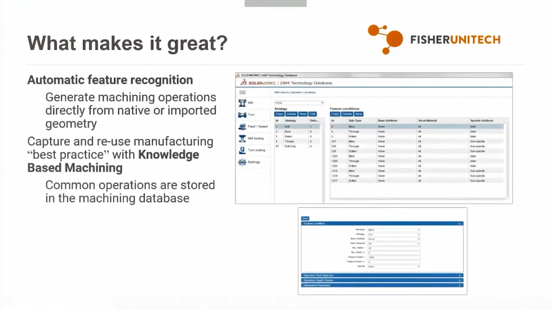There's a database that gives you really good strategies, tried and true philosophies of machining, extracts those strategies and applies them to the proper features. As opposed to before, other CAMs would be operations-based as opposed to feature-based machining. So they would have to choose, first of all, I'm going to mill, and I'm going to use this tool, and then I'm going to use these parameter sets to do that, or I would pick the features,